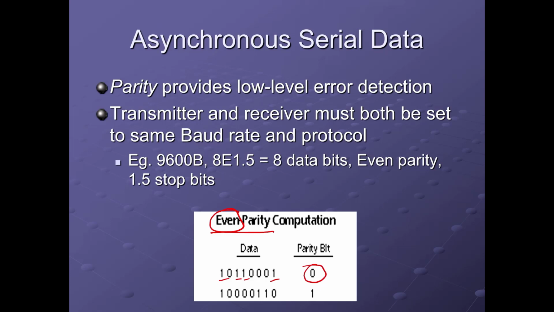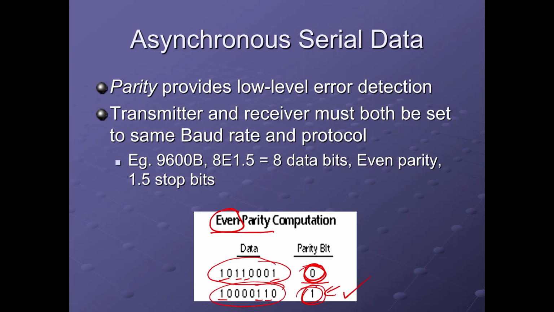Now at the other end, when this is received, it receives all of this data and the parity bit. It does its own even parity generation, and it compares its calculation to what's received. If it's the same, it says there are no errors. Down here there's an odd number of ones, so what did it do? It added a 1 to make it even, and at the other end it receives the 1, it receives all this, it does its own parity generation and comes up with a 1, compares it to this one,